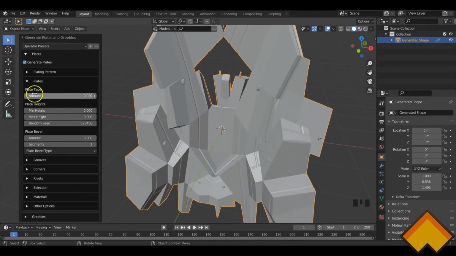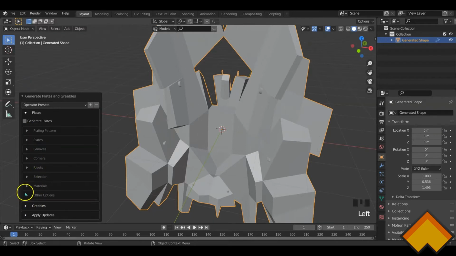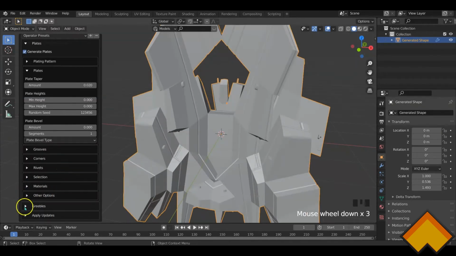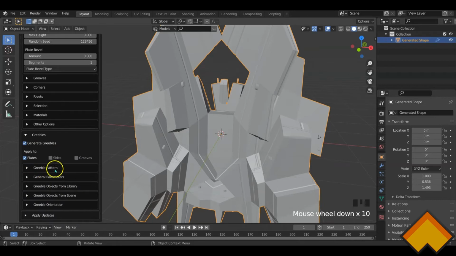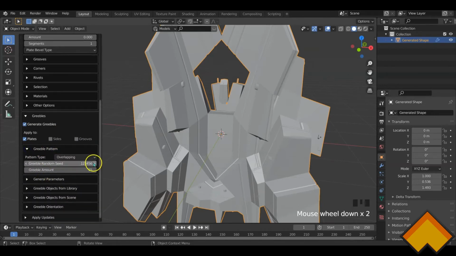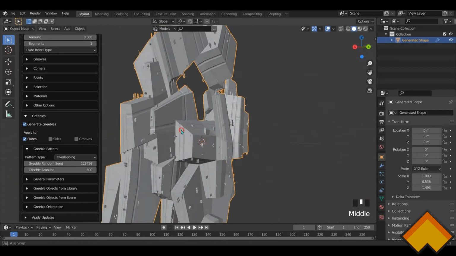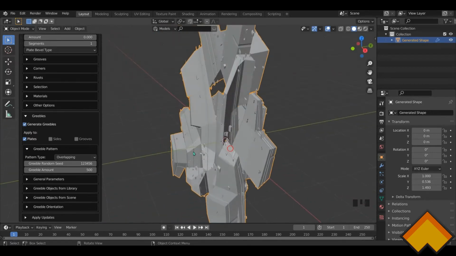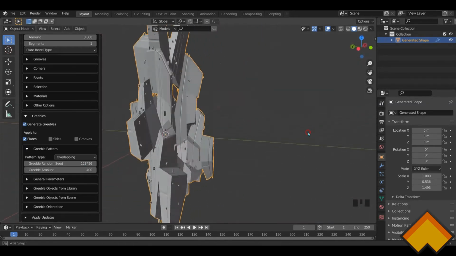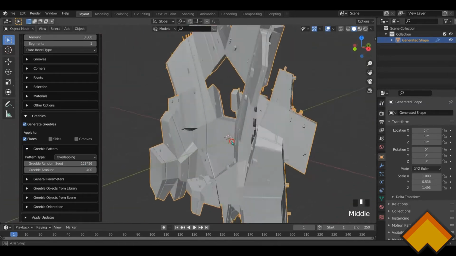Now the greebles, I'm going to increase those. Now let's get into greebles and increase the amount to, let's say, 500. It's going to take a couple of seconds, and you see it has added those additional details. Let's reduce it to maybe 400 for now. Maybe it went a little bit too much, but since these are simple shapes,